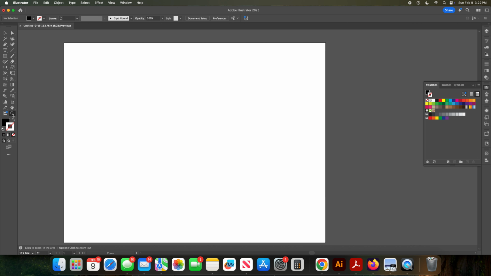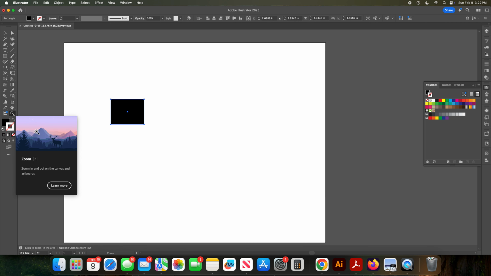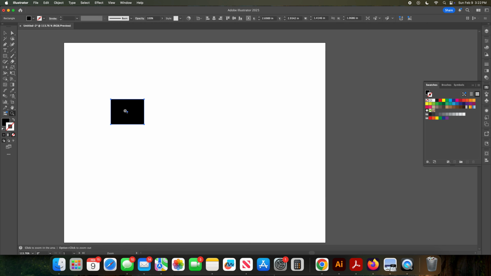The next thing that we're going to go over is the zoom tool, which is also, if you click on this, you'll have the zoom tool. You can also press Z. I'll press Z and it'll bring up the zoom tool. Before I do that, I do want to make a shape so that you can see how this works with the zoom tool. So I'm going to grab the zoom tool again, and you can do it a couple of